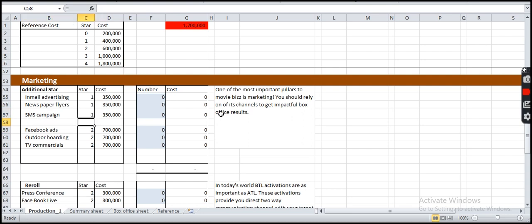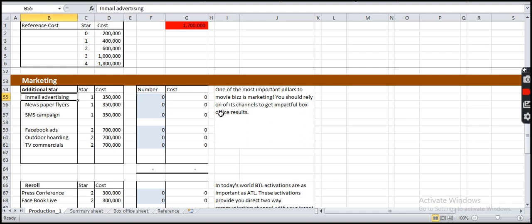Now what this typically means is you can buy multiple of these categories. For example, I can buy 2 email advertising or 3 SMS campaigns, etc. Now what this would do is, because it's called additional star, however many categories you buy, if you allocate that category to any movie, it will add the star value to the movie.